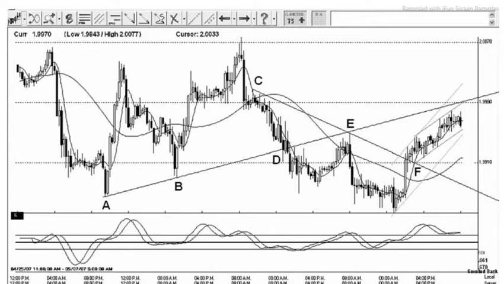In this figure, point A to point B is hole 1 for the uptrend, point B to point D is hole 2 for the uptrend. When the market created point D, the oscillating indicator at the bottom of the chart was heading down. This means that the market was more likely to fall than rise. This is what we refer to as a breach. The market could not stay above the trend line. The majority of the time after a breach, the market will hook back to the trend line and then continue to move away. This hook is represented by point E.